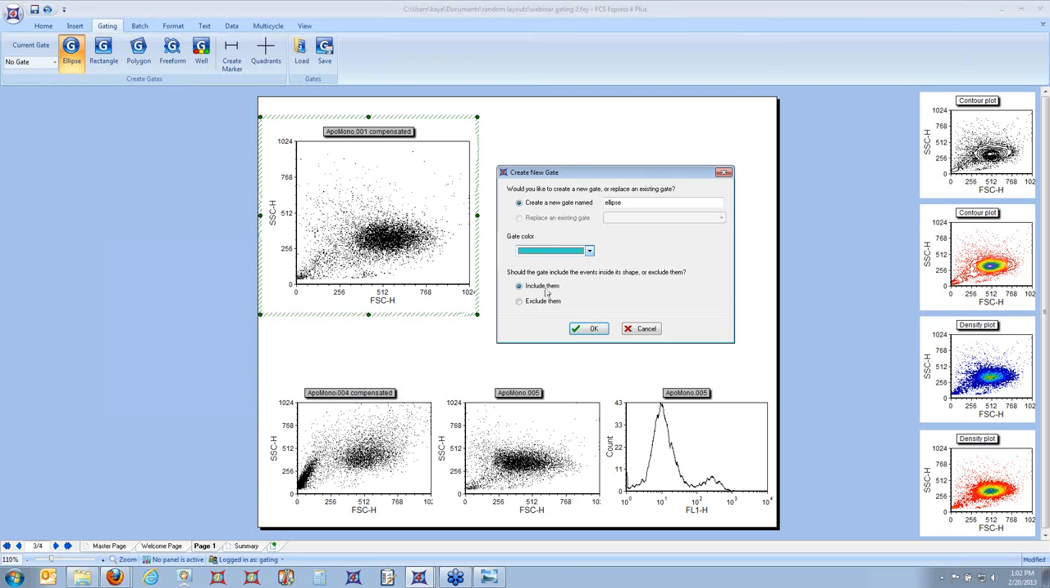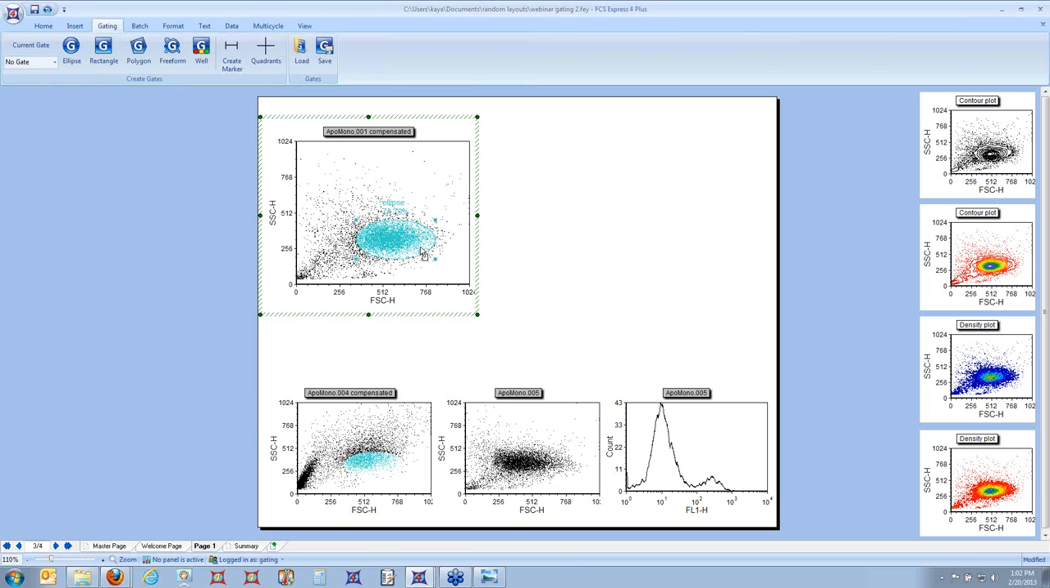And then we also have the question, do we want to include the events inside the boundary of the gate or exclude them? So in most cases, you're going to click Include, and so your gate events are going to be inside of your gate. The Exclude gate is really useful for things like creating a gate around debris that you want to exclude from downstream analysis. Okay? So similarly, I'm now going to go make another simple gate using a rectangle,